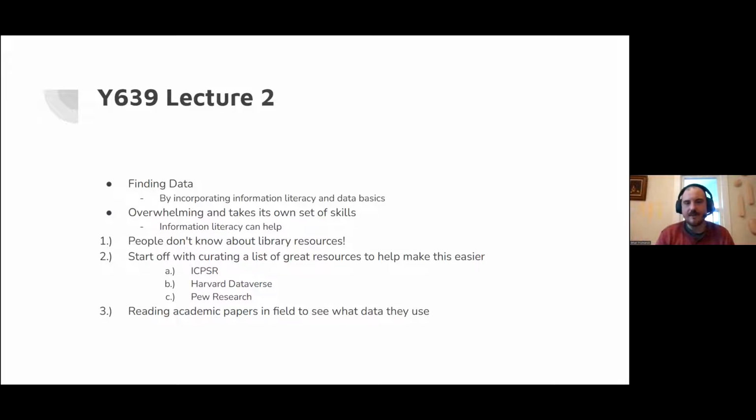And then lastly, there are different resources like Pew Research Center and different places that have publicly available data. They produce a wide variety of survey data covering a lot of different topics. The last thing I like to tell people, and this is something I've been using more in my research recently, is that I am writing a paper right now that comes from a data set I found out about in a research publication.